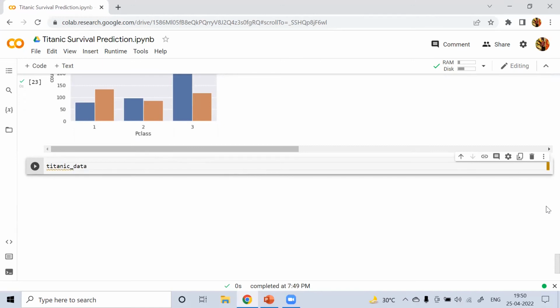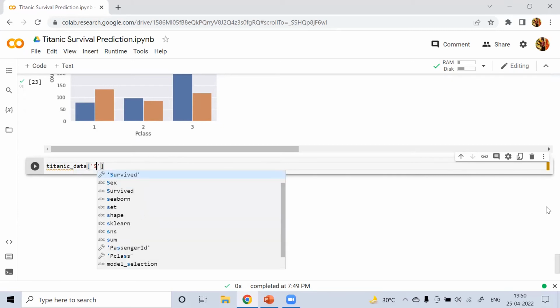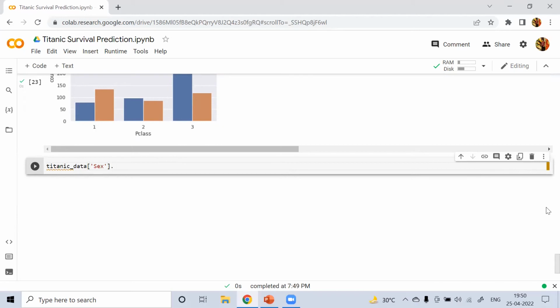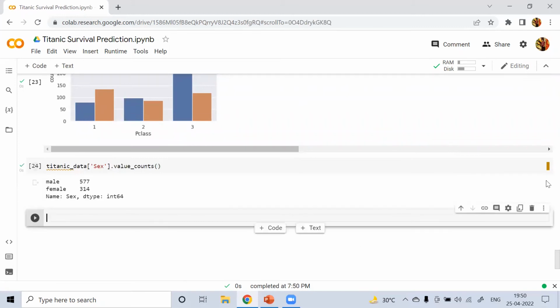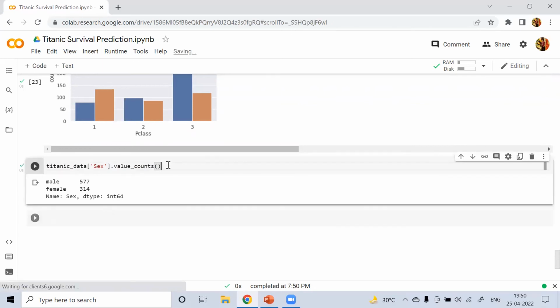We'll take our Titanic data, the sex column, dot value counts. There are 577 male and 314 female. And let's check the count of the embark column.